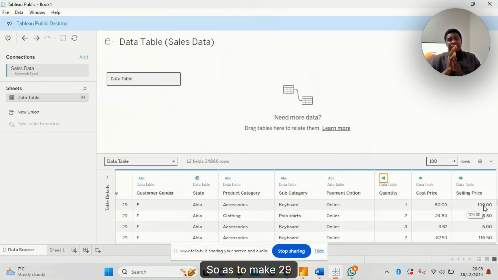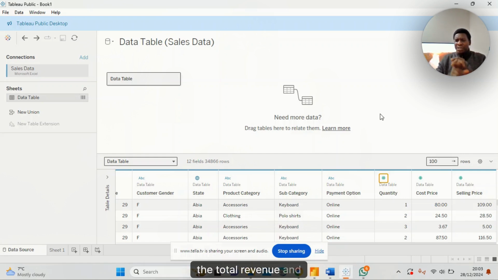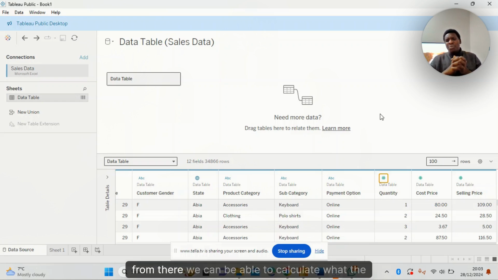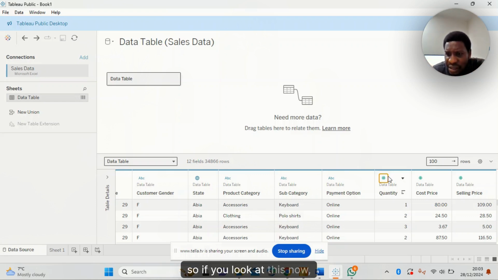$109, so as to make $29 profit. Okay, so we need to calculate the total cost and the total revenue, and from there we can calculate what? The profit or loss. All right, the profit or loss. So if we look at this now,